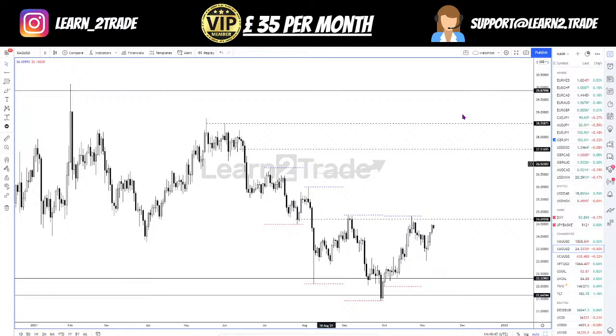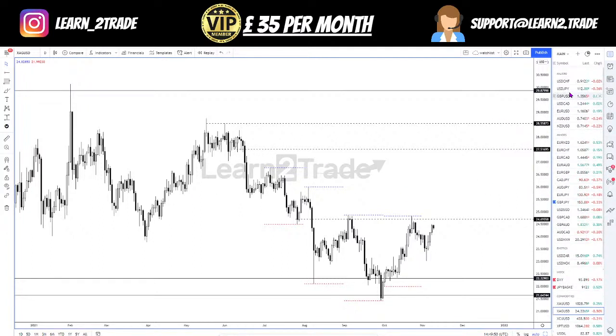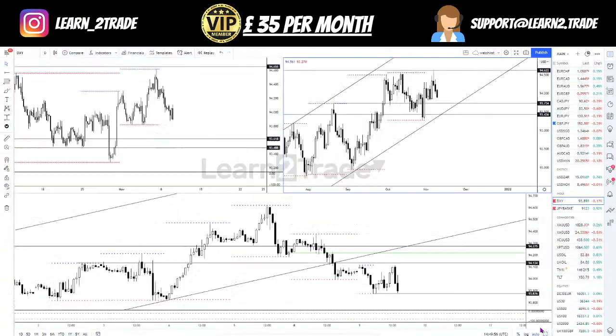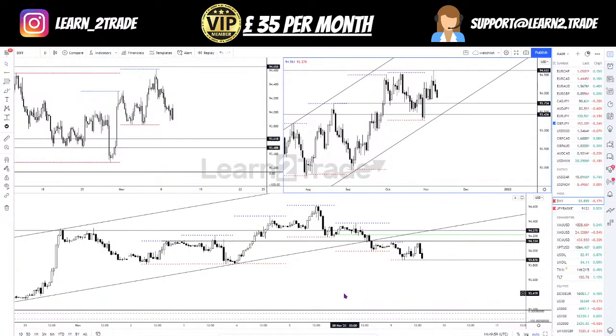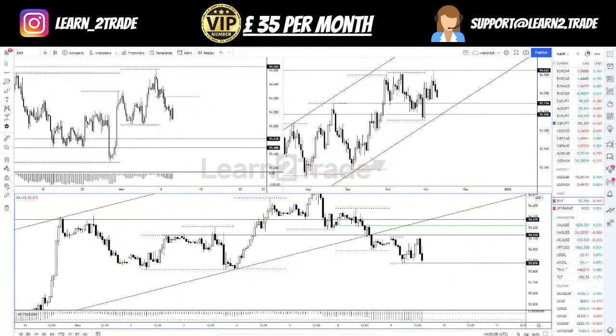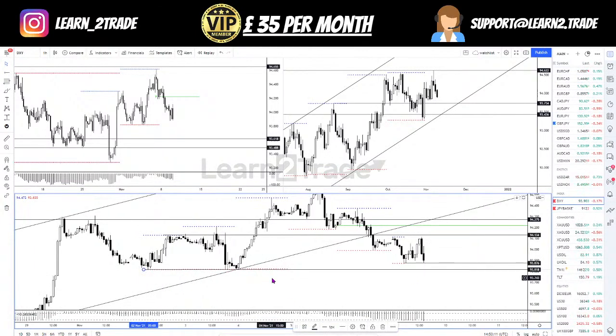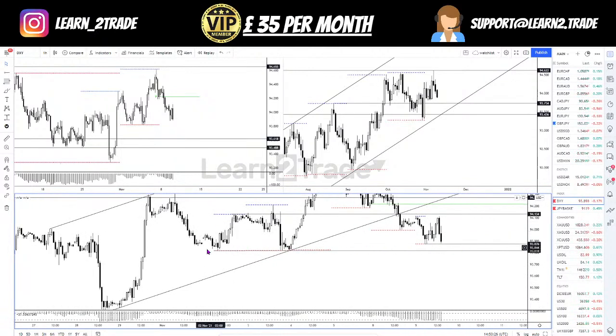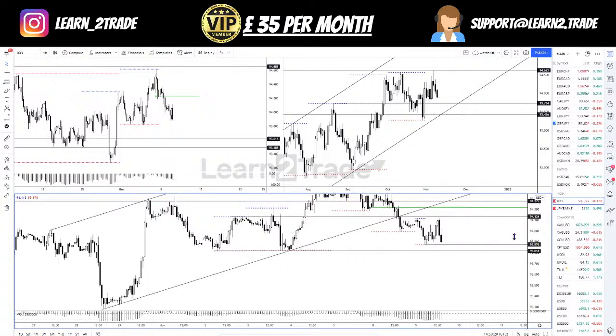Right. So, USD CAD. USD CAD's quite interesting, actually. Let me just have a last look at the DXY. About to break those daily lows, mates. If price breaks today's lows, it's very possible that we're going to see a nice dip. But this level is quite strong too, so let's see what happens.